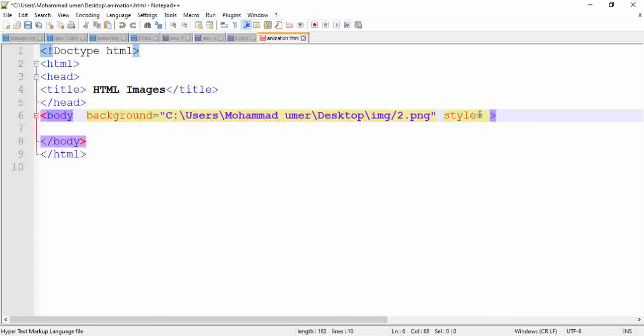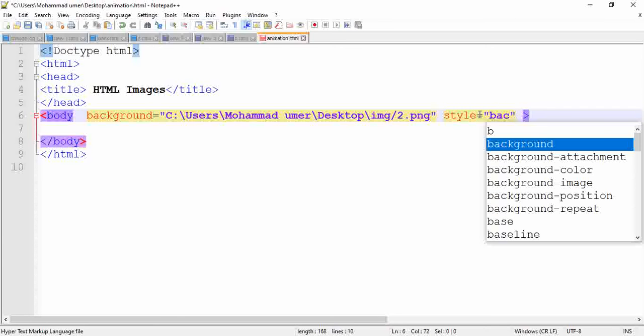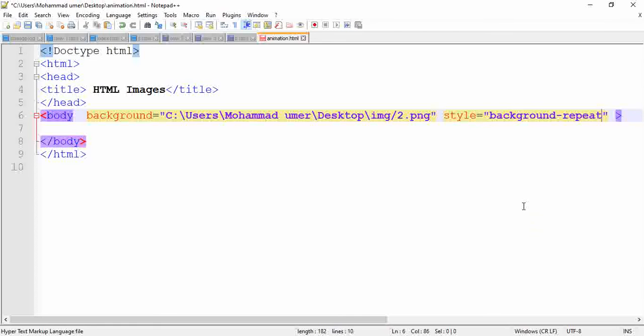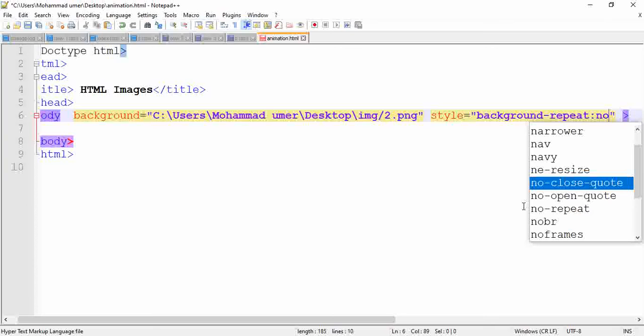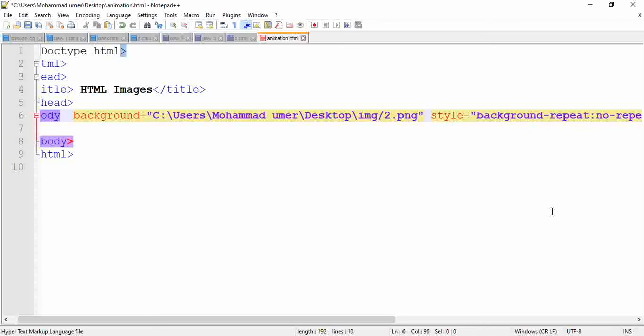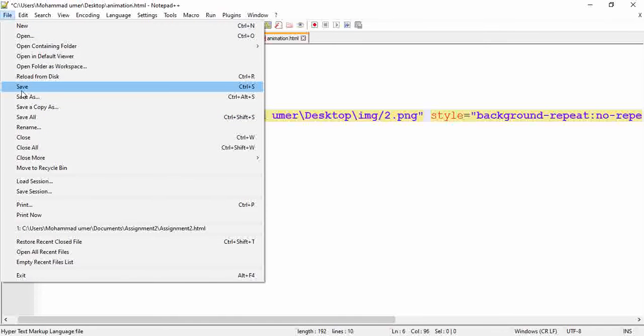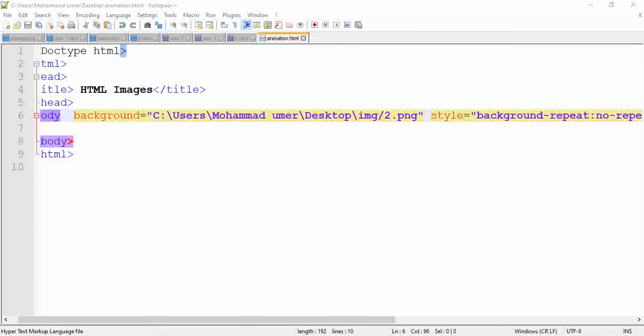So we use the CSS property here to overcome that issue. The property I am using is background-repeat. Now we have to write the value of this property, that is no-repeat. We don't want to repeat the background. Now let's save this and see the output, how this CSS property is working.